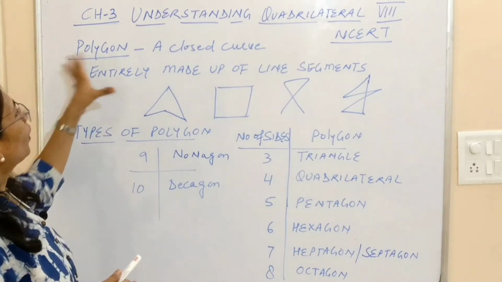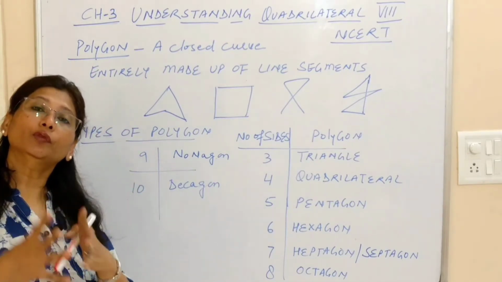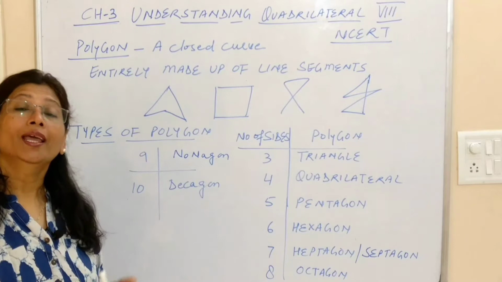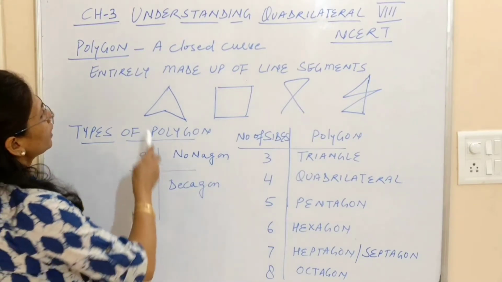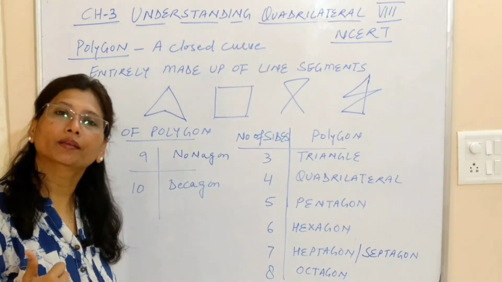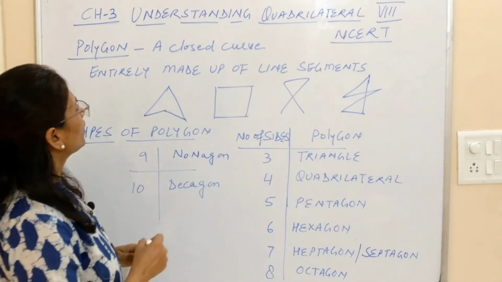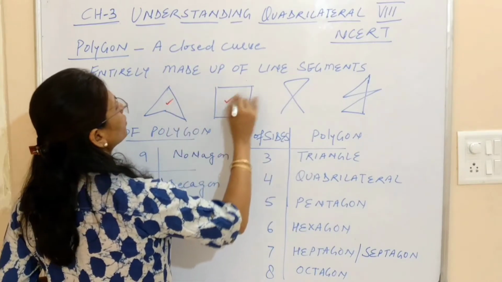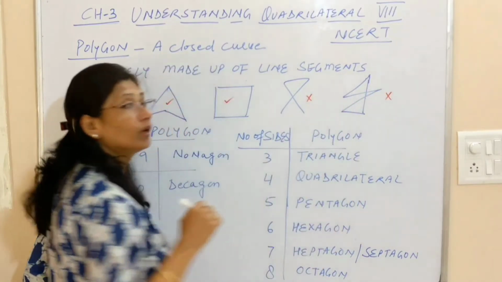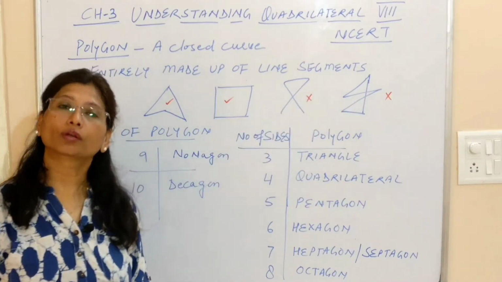So let us recall. Polygon is a closed curve which is entirely made up of line segments, because एक हमारा curve होता है, but curve में अगर सारी जो lines हैं, सारा everything is made up of line segment, that is called a polygon. It is a closed curve. Now question arises, like I have made 4 diagrams, so all these are polygon. So polygon में एक और हमारा property आती है that it should not cross itself. साइड्स जो हैं एक दूसरे को क्रॉस नहीं करनी चाहिए. So if you see, like this is a polygon, yes this is also a polygon, but as far as this is concerned, this third part, this is not a polygon, this is also not a polygon, because the sides are intersecting each other, they are crossing each other, so they should not cross each other.